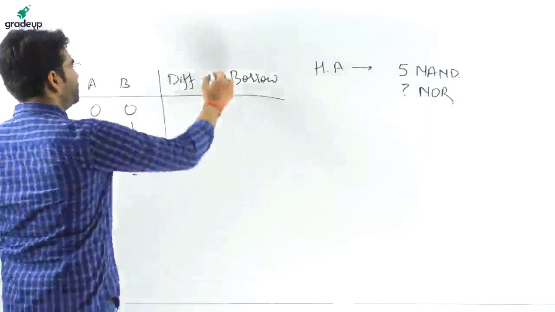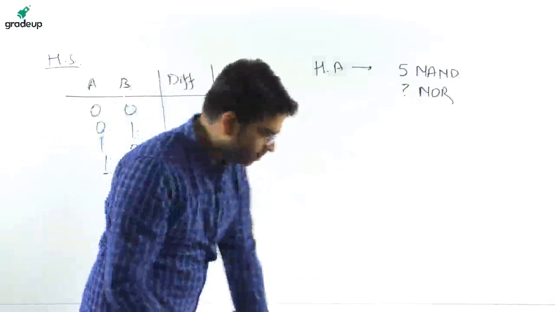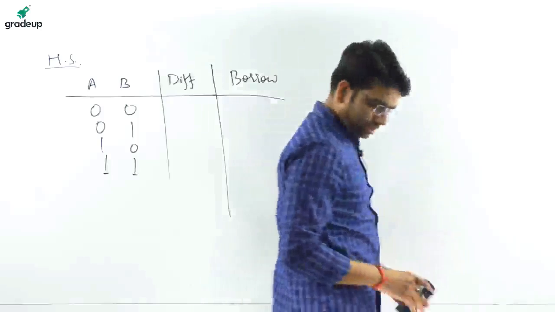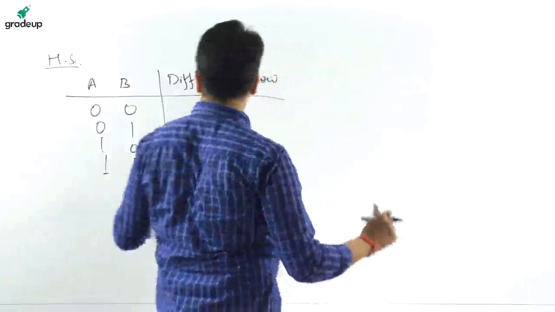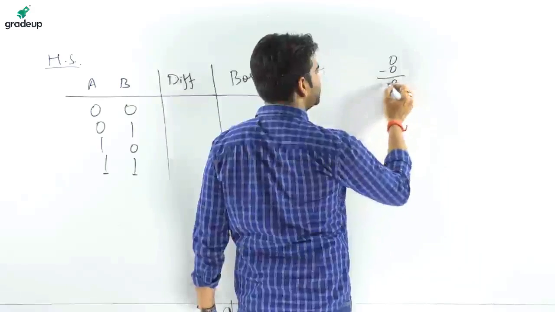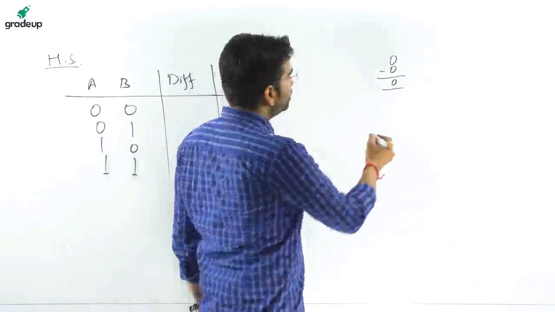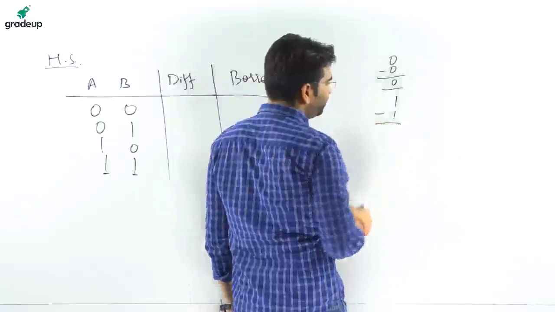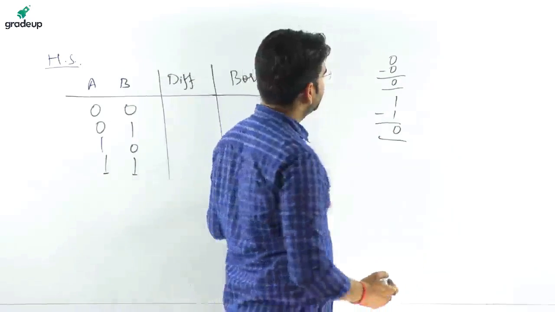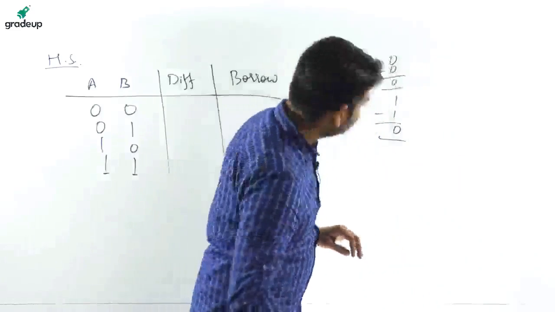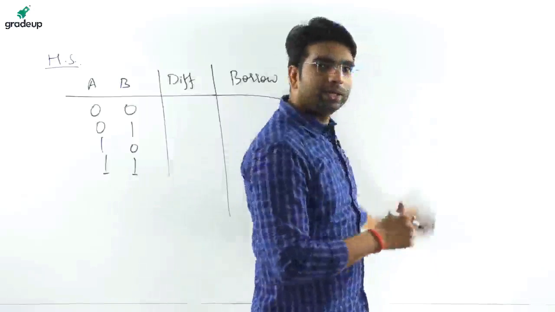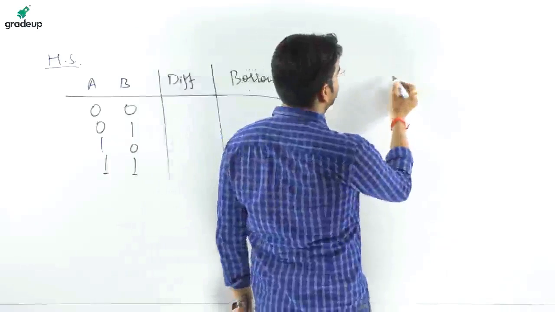What is the difference? Now let's begin the session from this place. That difference operation we are going to see. 0 minus 0, बच्चे को ही पता है 0 ही आएगा. 1 minus 1, बच्चे को भी पता है 0 ही आएगा. जिसने बुलियन अलजेब्रा पढ़ा हुआ है. Okay, it is basic, सबको पता है.